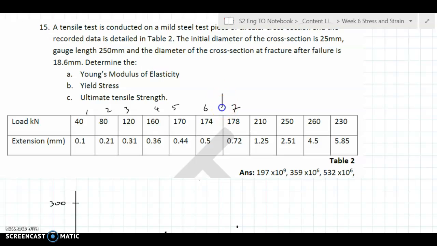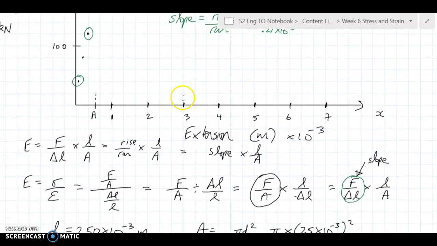Say between the two of them, if we took 176 as the yielding load, so that's 176,000 newtons, right? If that was our load, and to get the yielding stress, it's going to be sigma stress equals force over area. Now we've already calculated our cross-sectional area below here, so